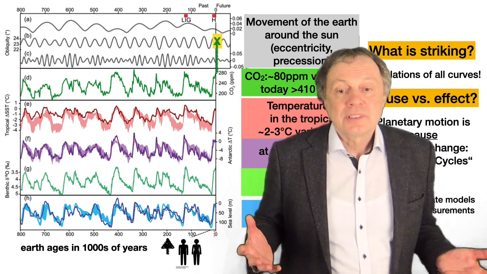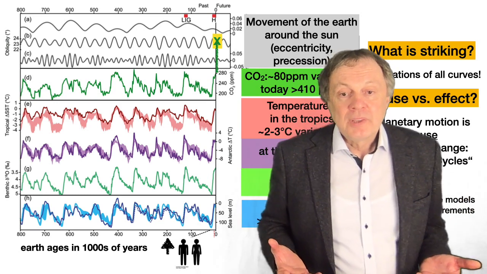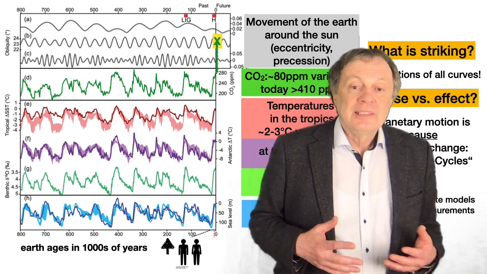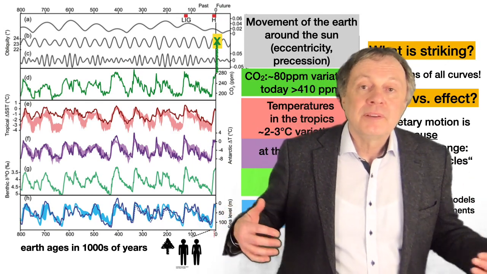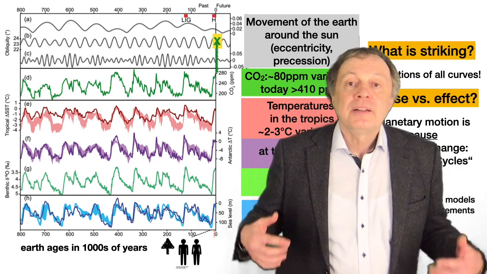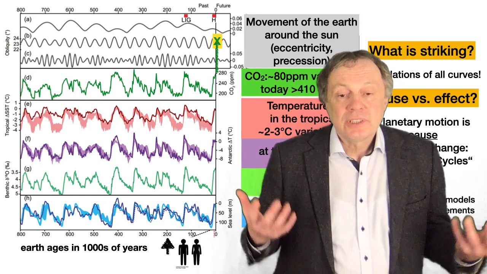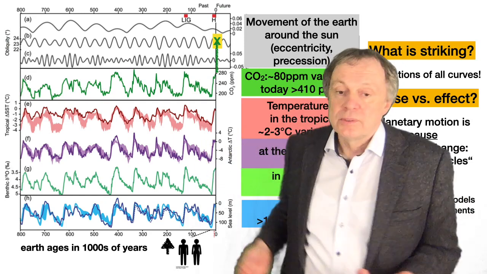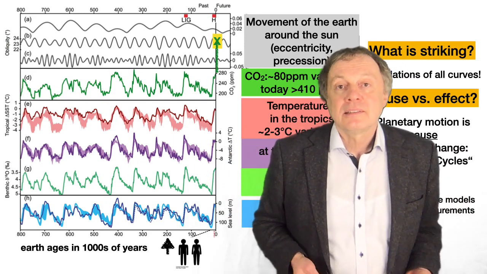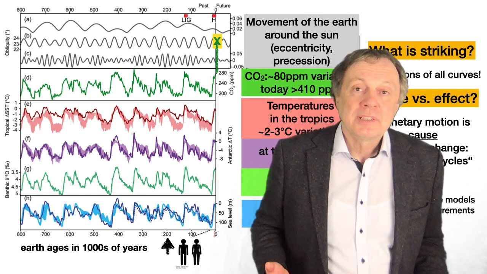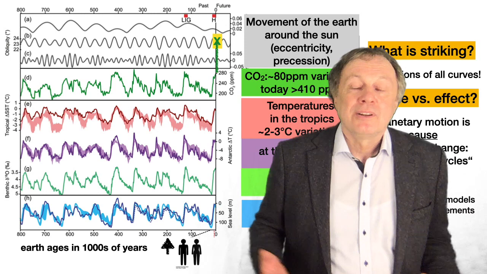And now, of course, comes the argument: if we add CO2 to the existing climate system, we will add a greenhouse gas, we will increase the temperature, and therefore in future the cycle will not continue the way it did the last 800,000 years, but in future there will be a stronger climate effect and a stronger global warming.